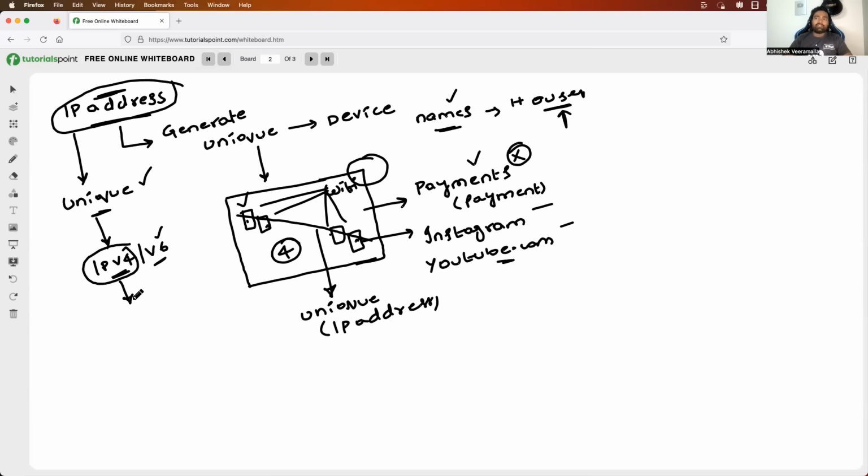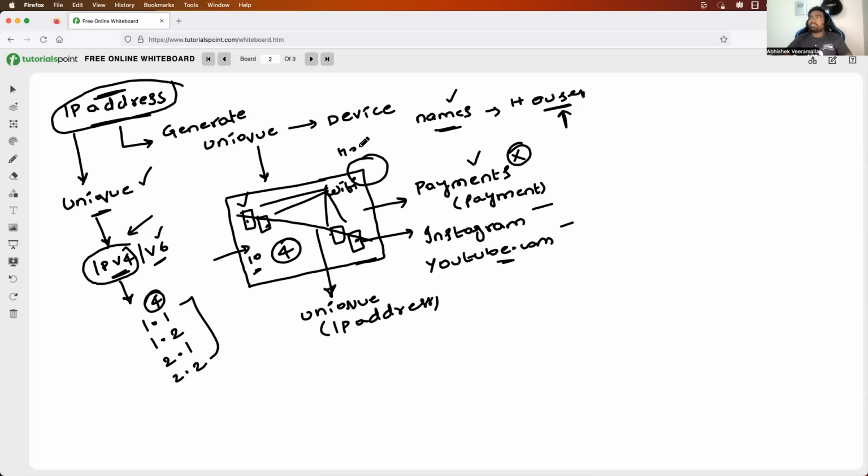And using IPv4, you can generate a huge number of unique addresses. Now, why is that required? You might say that, Abhishek, why do I need to follow this particular practice? In my house network, there are only four devices. So I can simply call one device 1.1, one device 1.2, the third device 2.1, and the fourth device 2.2. Now, each of them got a unique identification. But what if there are 10 more devices that got added? Or